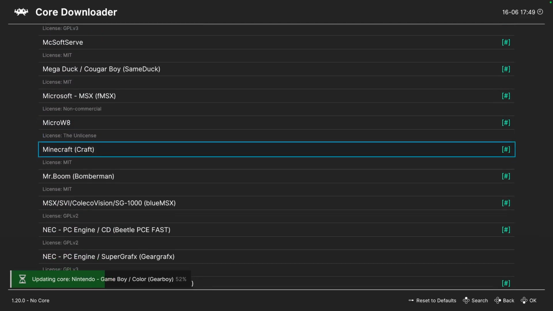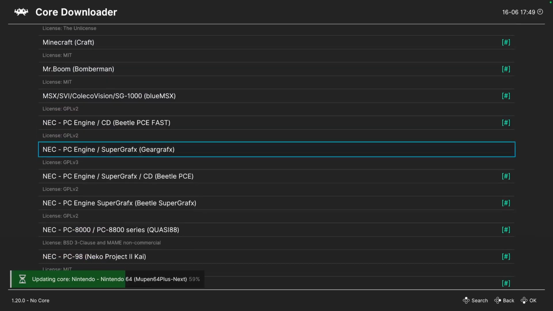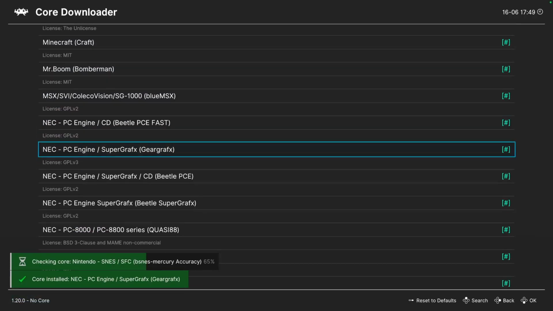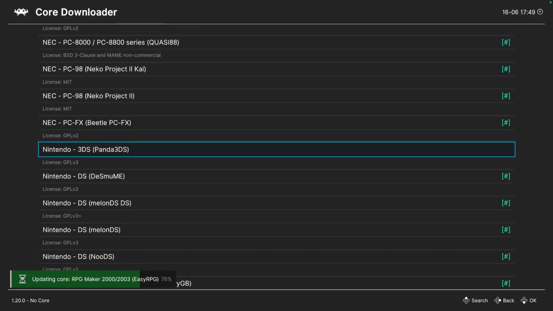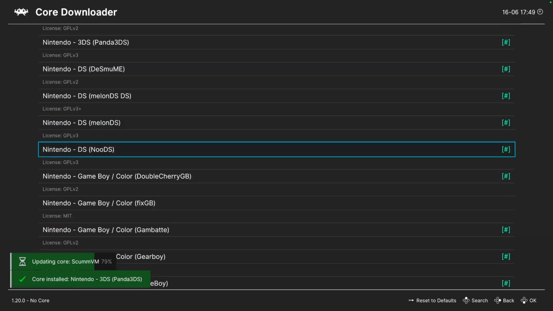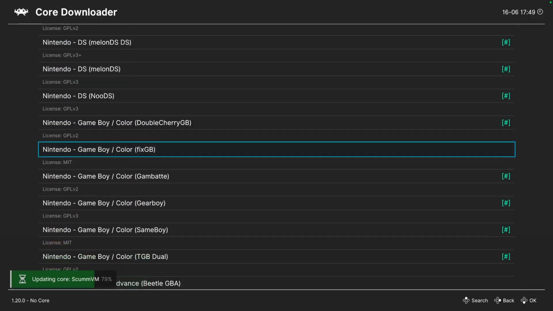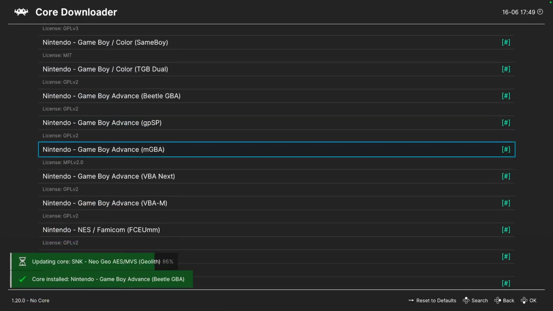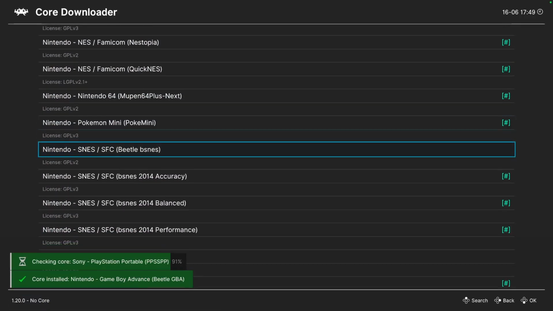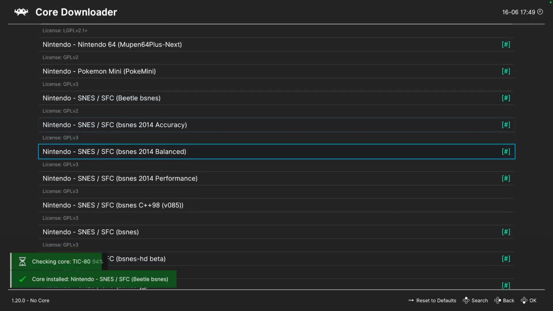I may be mistaken, but this, the graphics, that's interesting. It's a new one. And this, the 3DS Panda. Oh, there is a 3DS emulator. The Game Boy Color, Gambatte, and then we have the Beetle GBA, and we've got the Beetle SNES,